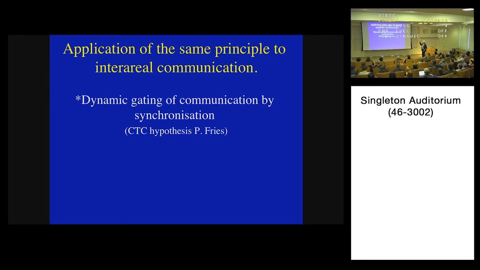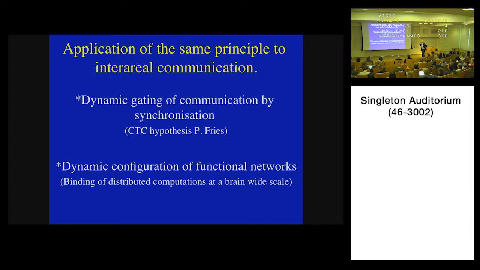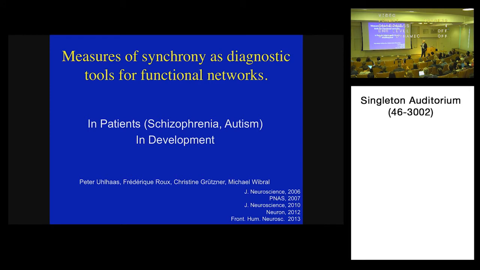It seems as if the same principle were applied to interareal communication. So not only to bind together columns that code for certain features, but also at a much larger scale. And we have heard today beautiful illustrations that this seems to be the case also for the gating of communication by synchronization between different cortical areas. And it's clear that it is also a mechanism used for the formation of functional networks. Actually, we measure coherence in order to identify functional networks because we believe that coherence is telling us something about the communication between these networks. And this seems to occur at the brain-wide scale, and it has already been mentioned this morning, and I will only be very brief here,